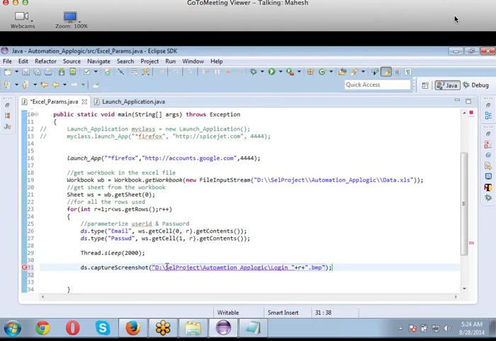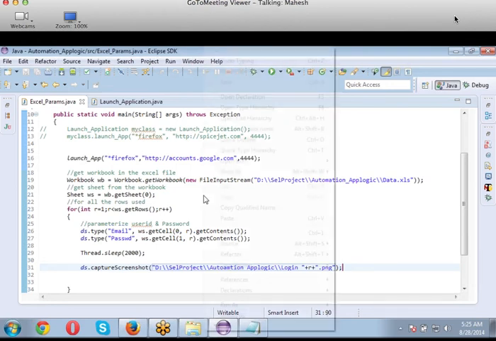We should be careful with escape sequences, because I want to save my file like login underscore 1, login underscore 2, login underscore 3. So however many users there are, that many images will be saved. As r is iterated with a number, I'm using the same r as my file name. We'll take PNG, that's the smallest format and saves a lot of space. BMP takes a huge space. Okay, let's go back and run it again.